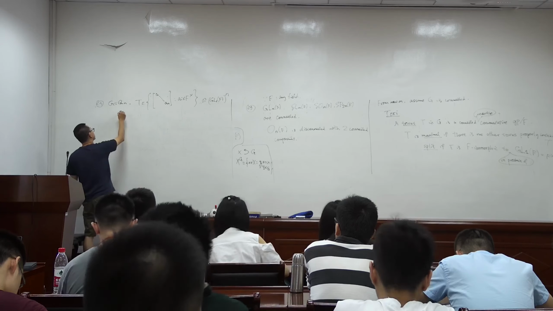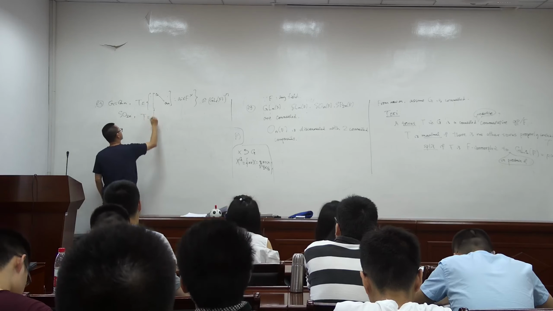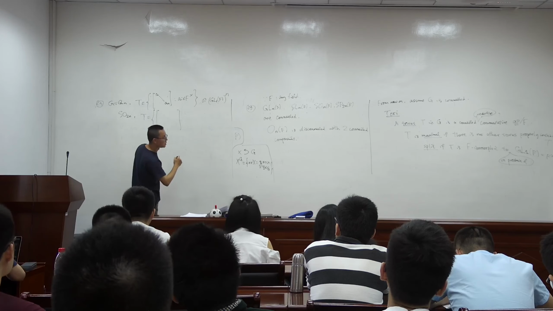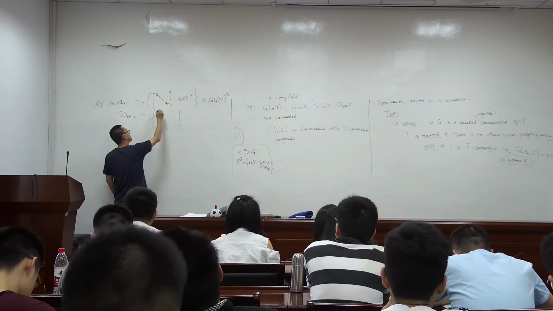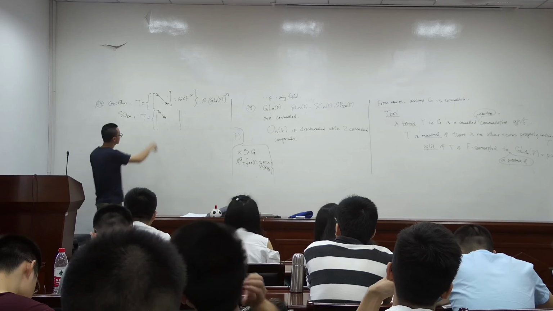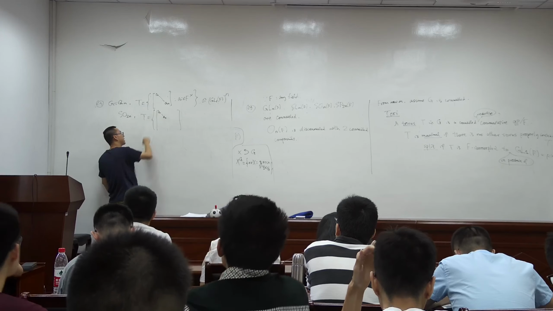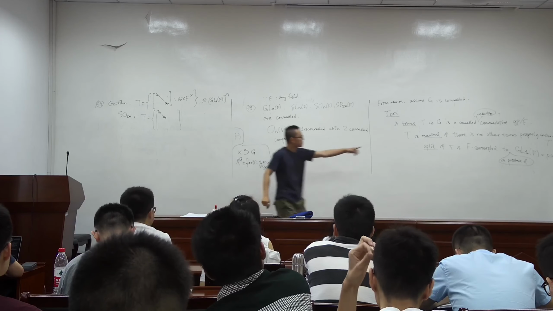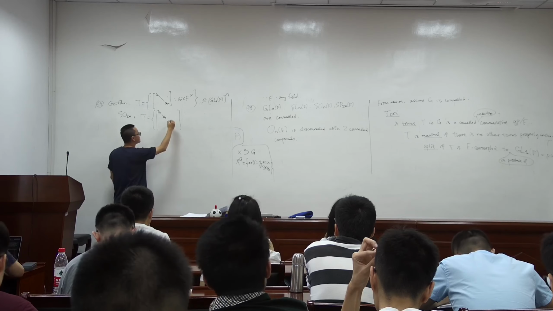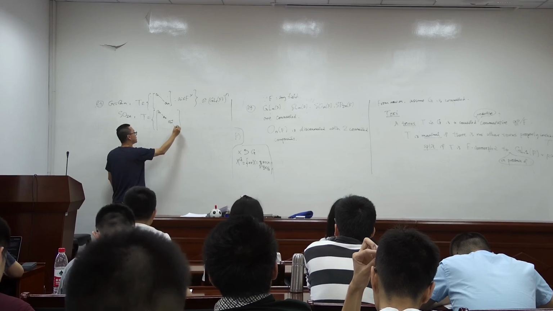If it is the odd special orthogonal group, then a split maximal torus looks like this. Again it's a diagonal subgroup. The first n entries, let me denote them by a_1 to a_n. But the transpose inverse equation forces the last n entries to be a_n inverse down to a_1 inverse.